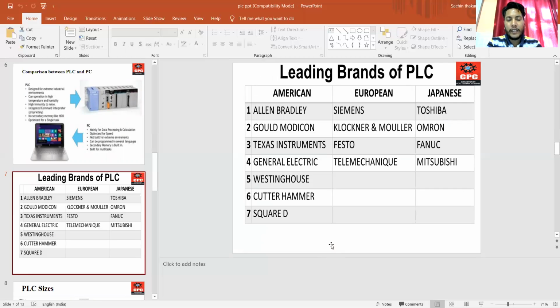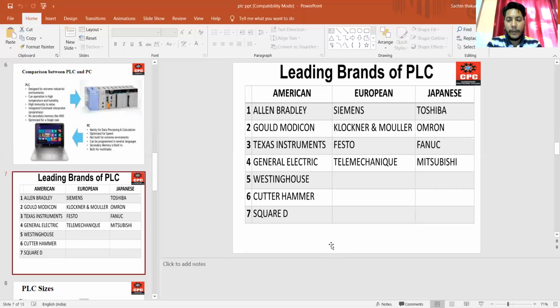In American brands, we are just talking about Allen Bradley, Gould Modicon, Texas Instruments, General Electric, Westinghouse, Cutler-Hammer, and Square D. These all are American brands. Similar to American brands, there are some European brands, for example Siemens, Klockner-Moeller, Festo, Telemecanique.